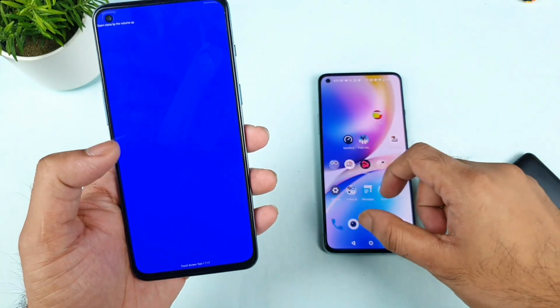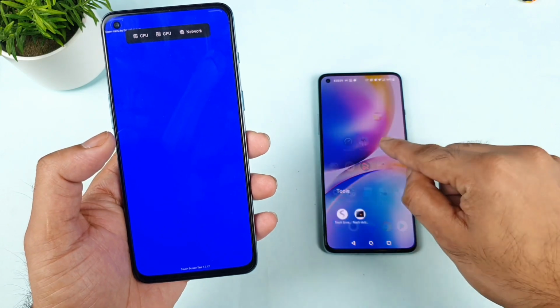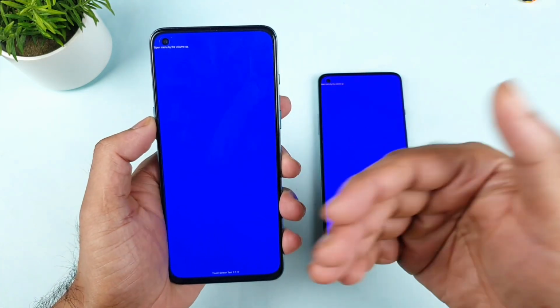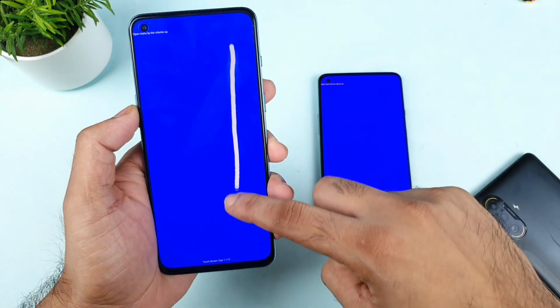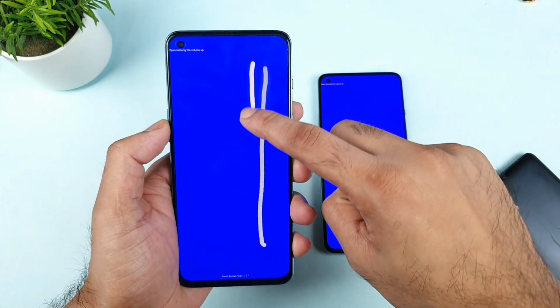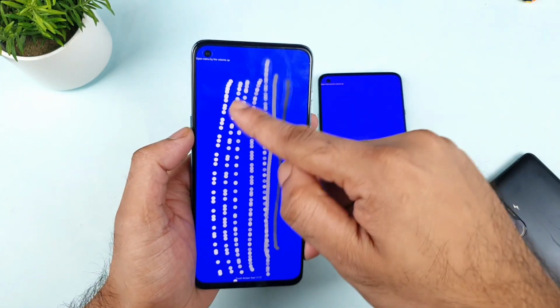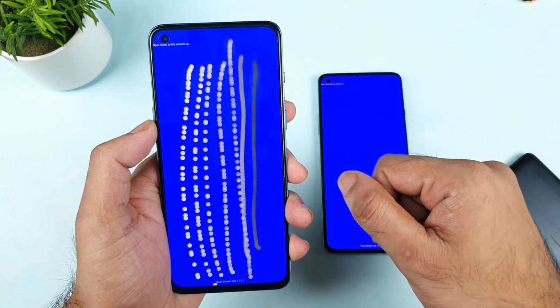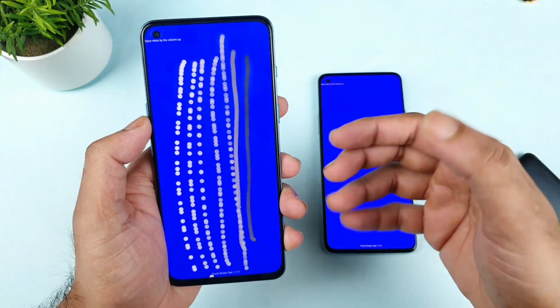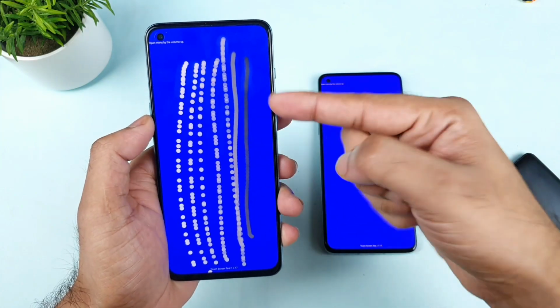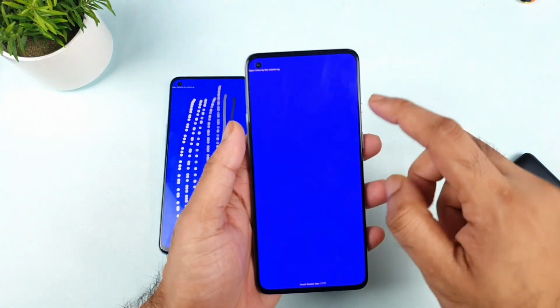The next application is also useful to demonstrate touch accuracy. This application is designed to detect more touches as soon as you put your finger. As you can see, right now I'm drawing the line a little bit slowly. When you speed up, it will only detect a few touch inputs, as you can see clearly. If the phone has a very high touch sampling rate, you can feel more touches getting detected. Let's see what is happening in this phone.